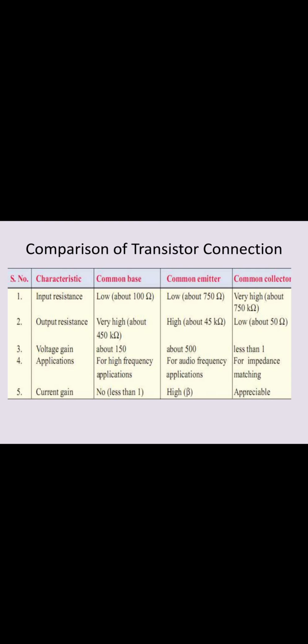Compared with the voltage gain, the common base has a voltage gain of 150, the common emitter 500, and the common collector less than 1,